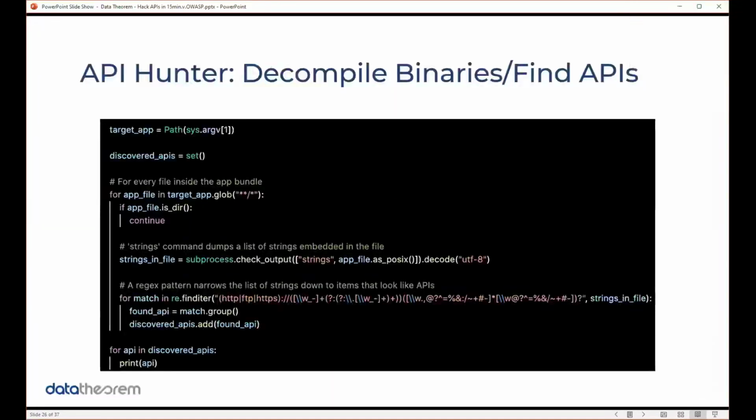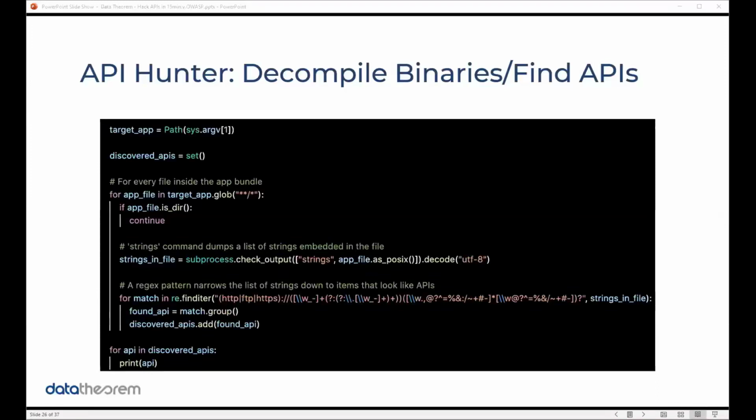Yeah, thanks, Himanshu. What we're looking at here is the Python script that performs that initial analysis you showed, where we find all the APIs within the decrypted application bundle. And like you said, this is really easy stuff. There's nothing complex here. The script looks at every file within an application bundle. Applications are made up of a lot of files: binary files, SDKs, text files, images. We search through every file and use the strings command to dump the list of strings in each of those files. That gets us the entire list of strings within each file in the bundle.